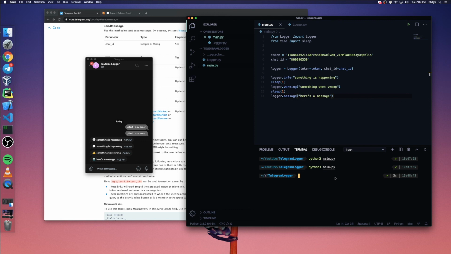And as I said before, instead of this chat ID, you can add your bot to a Telegram channel, make it the admin, and let it send the message to the entire channel. It could be, I think, up to 200,000 members right now. So yeah, you could do a lot of interesting things with it. So basically this is the idea. Hopefully